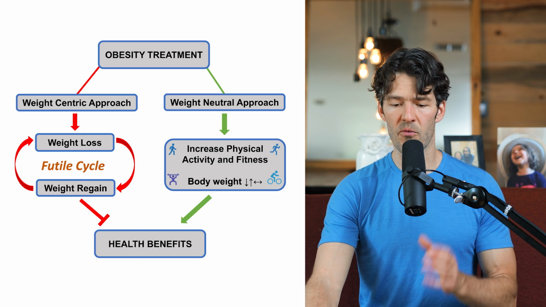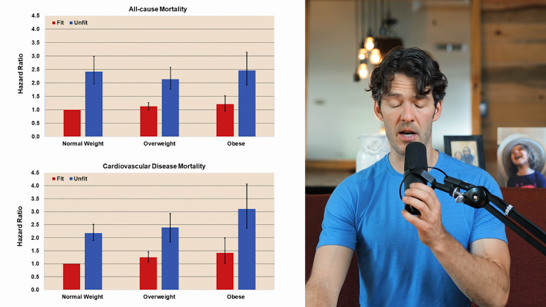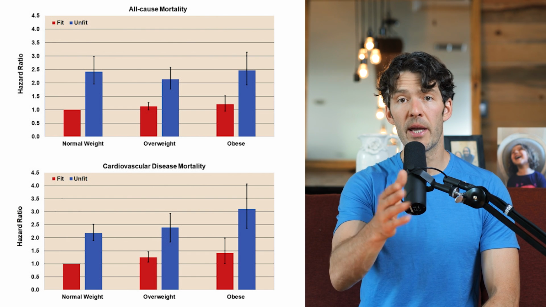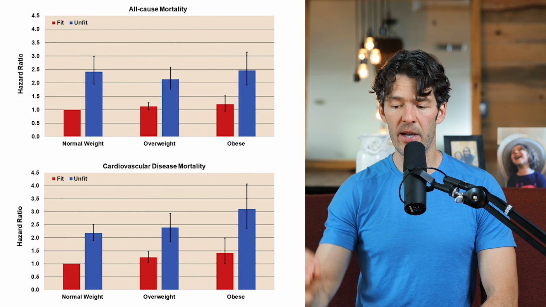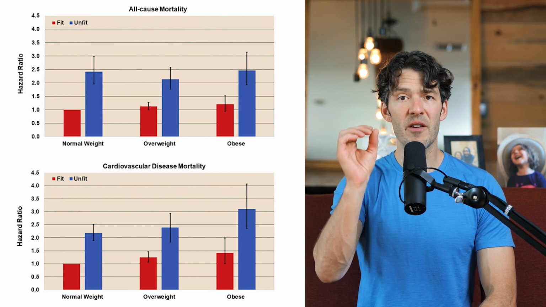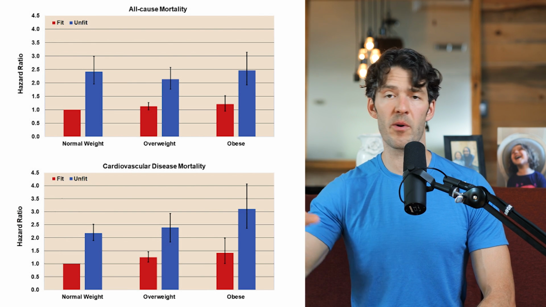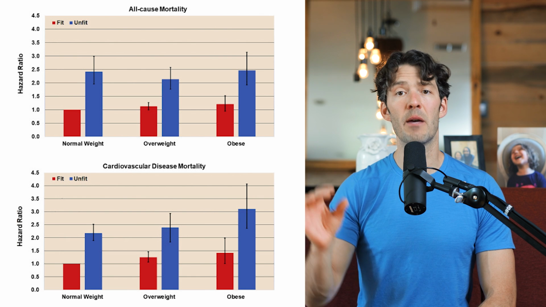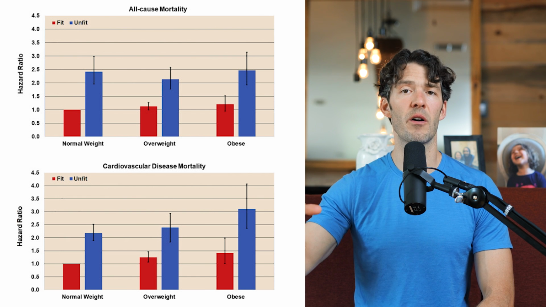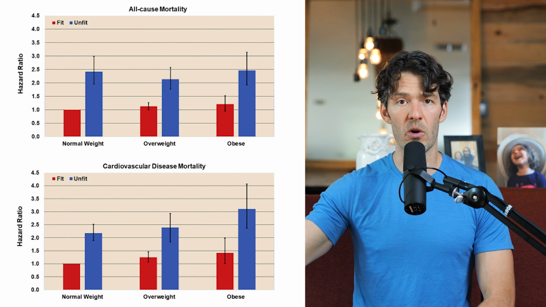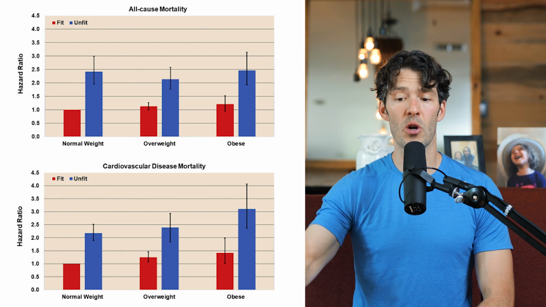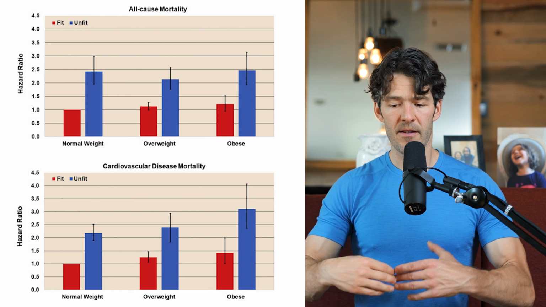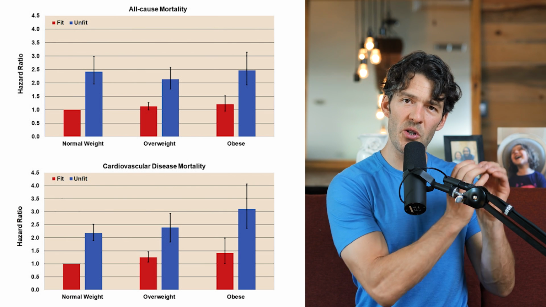There was this really interesting chart here that I think is phenomenal, where they look at all-cause mortality in normal weight individuals, obese individuals, and overweight individuals. What you see here is physically fit individuals, irrespective of whether they're obese or normal weight, have a significant reduction in all-cause mortality compared to unfit individuals of the same body weight category, whether that's a BMI that's obese or overweight. So it's much better to focus on getting fit and getting healthier as opposed to just focusing on what the scale says.